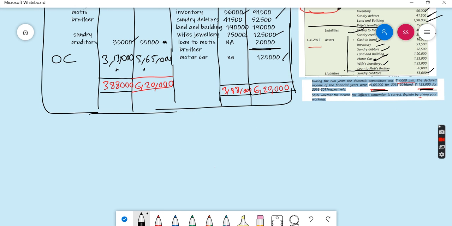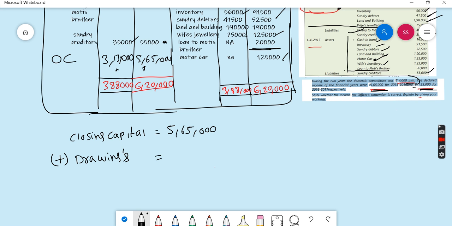Okay, let's start with our format. So first we'll start with the closing capital. Closing capital is equal to 5,65,000. So write that, and then we need to add the drawings. So how much drawings did they say? They said 4,000 per month, right? So 4,000 per month for 24 months. So that means 96,000. So add that here, 96,000